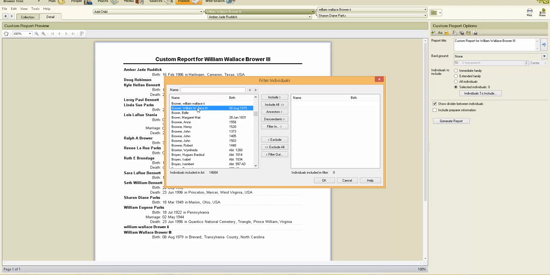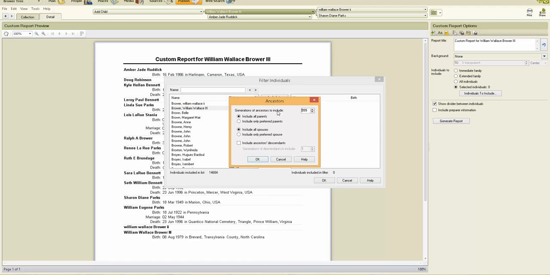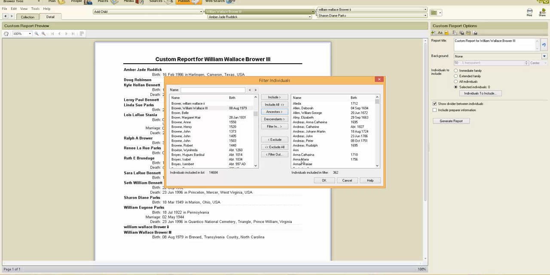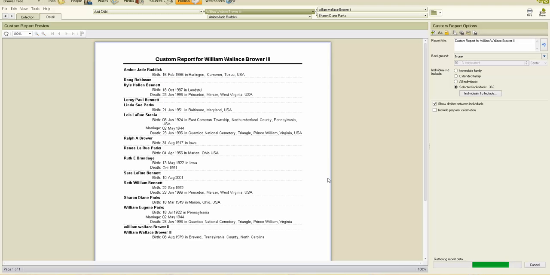What you do is you find yourself, you click ancestors, and you choose how many generations you want to go back. Let's just say we're going to go back 10 generations. Okay, there's my list: 10 generations, 362 people. Click OK. Now it's going to populate the list. It still is not going to populate the